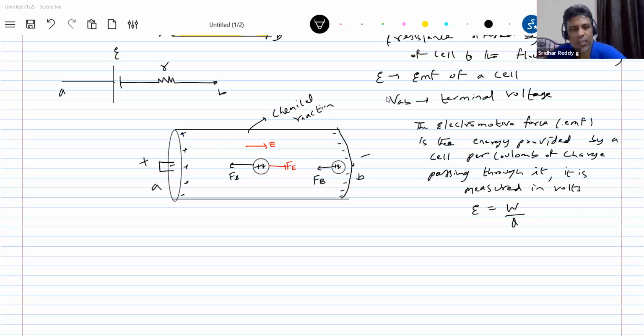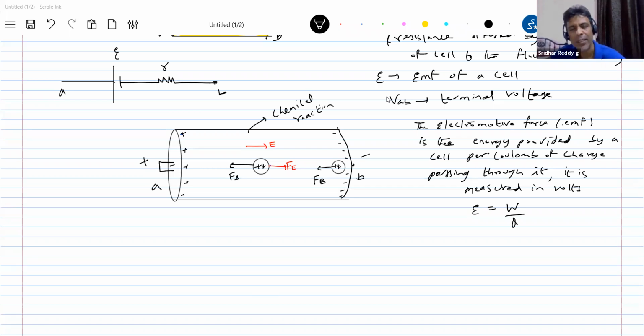Negative charge will flow. For our convenience, we'll just take positive charge. It'll be much easier to analyze the problem, because in fact it's only negative charge which is flowing, not positive charge. I'm making things clear. Since in electrostatics we all started with a unit positive test charge, remember I told you long back, whenever any theoretical discussion comes, we need a unit test charge, and what we assumed was positive. But later on, in the 19th century, we came to know that there is nothing called displacement of positive charge. It's only the electron which undergoes displacement. Then all our concepts we would have to change. So for that purpose, I'm just discussing only the displacement of the positive charge.